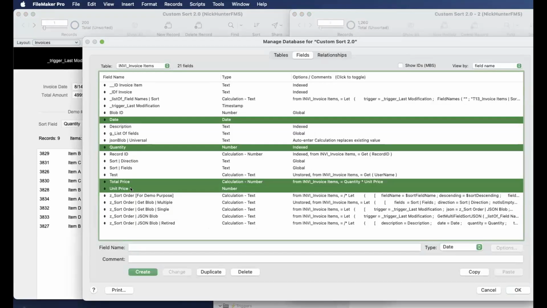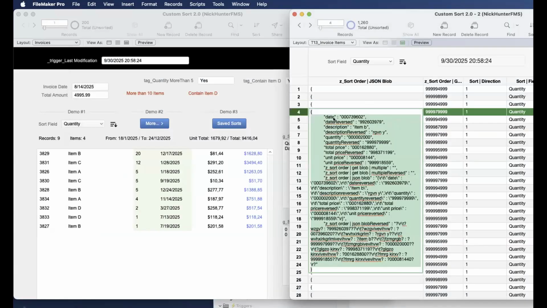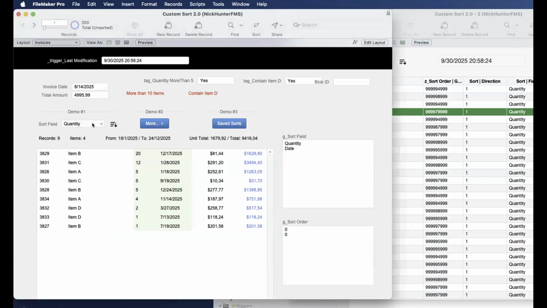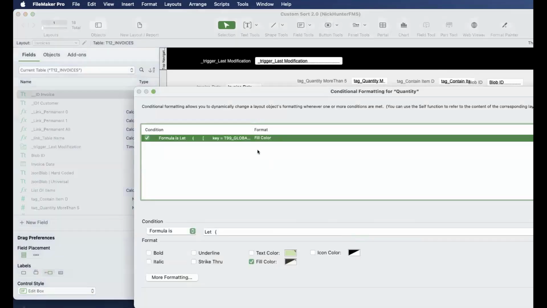Those are real names of the fields. So all of this is tied together. The name of the fields is what I also put, date, quantity, in the blob. And since my list here calls the name of the field, I have a nice conditional formatting that says, okay,